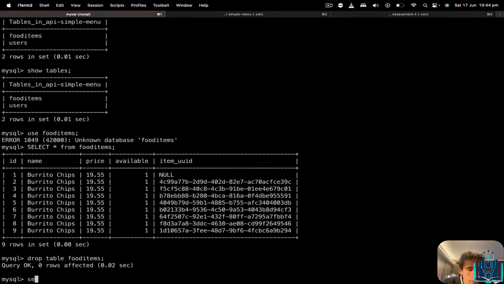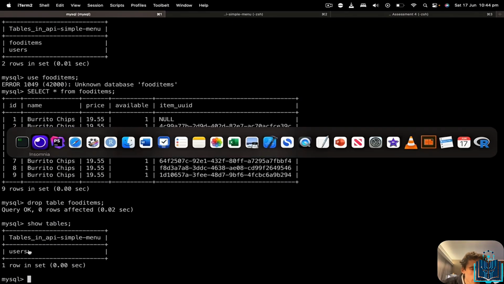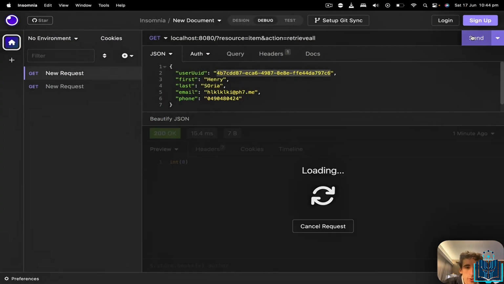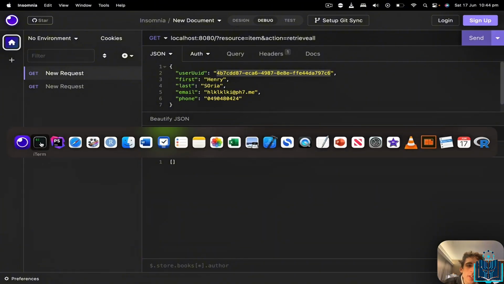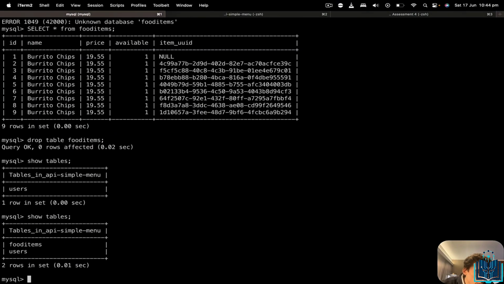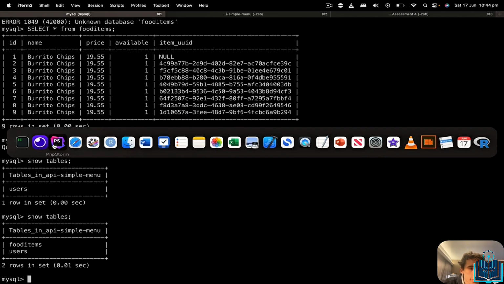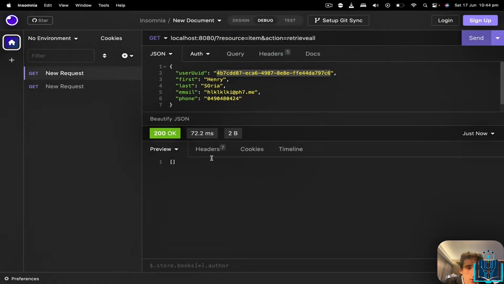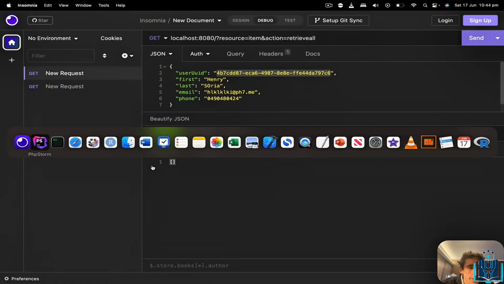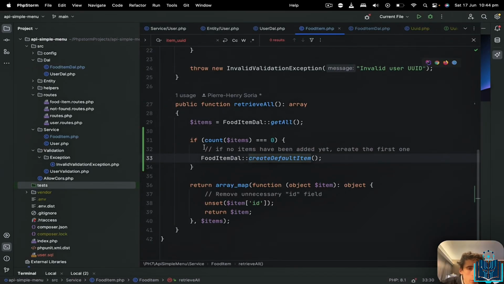Let's do show tables. You see I have only one table, users, because I have removed the food items table. But now here, if I try to submit here, there's no item, it got created. And now if I do show tables, I have 2 tables. But what we would like to do is, as soon as we create the sample table, to display it here. So for doing that,